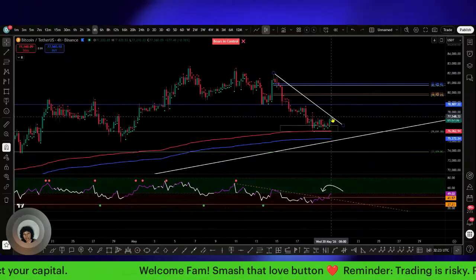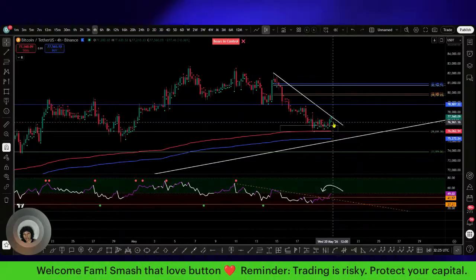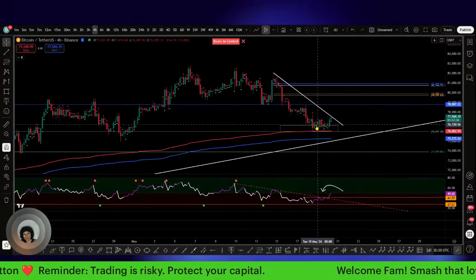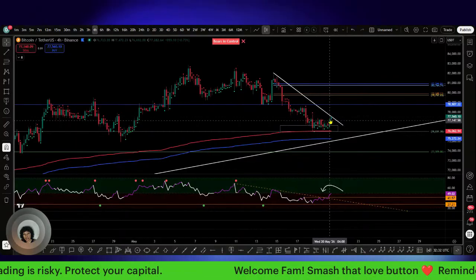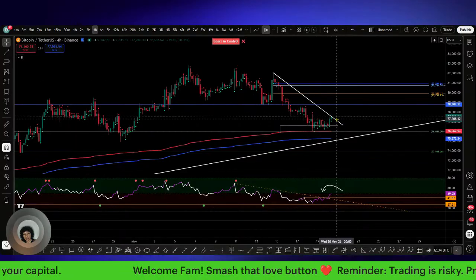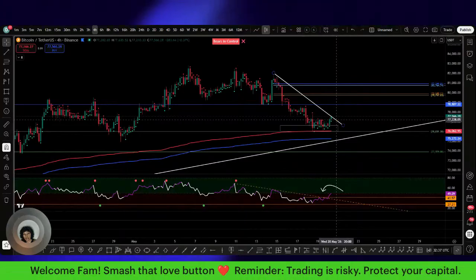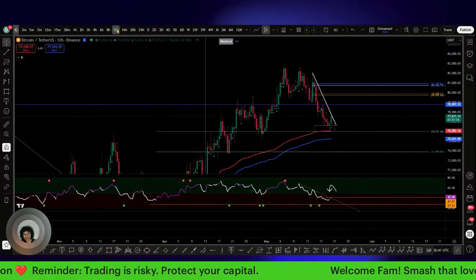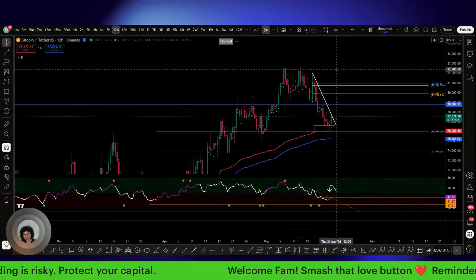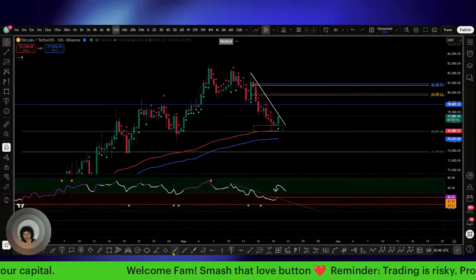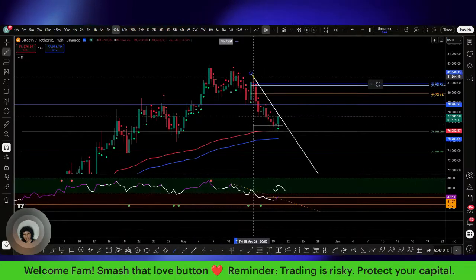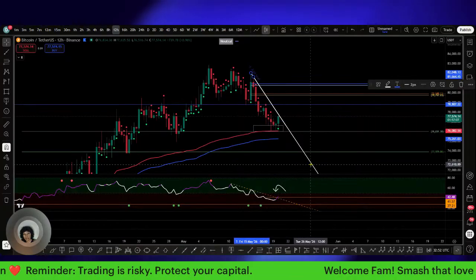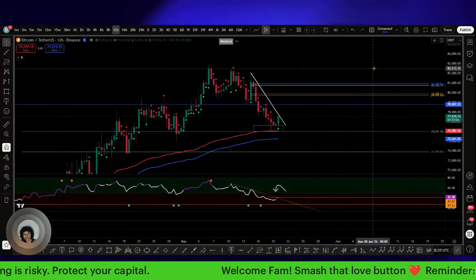So recall I drew this trend line right here off of the 12-hour time frame. So you can see how we're tapping into that. It was far removed. I said to give us a little bit of running space right here. So it's a 12-hour trend line, which is why it looks a little funny. It's nothing that I just added onto it. I drew this out yesterday from this time frame right here, and I think I did it by just connecting this top and that top right there. So that's how we got to the conclusion of this trend line that we're pushing into on a 4 hour time frame.